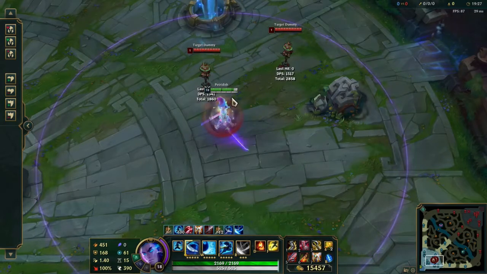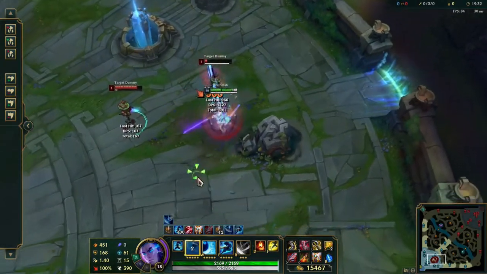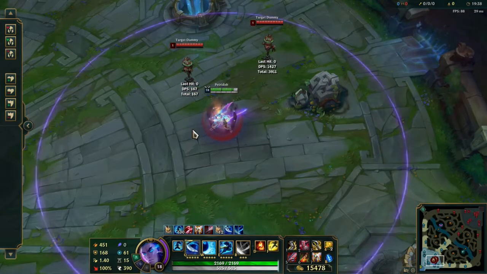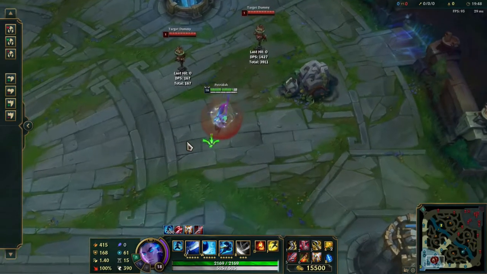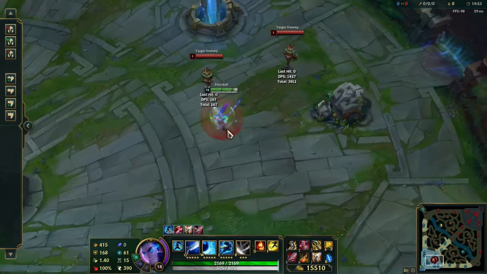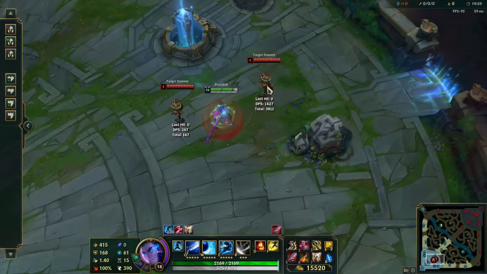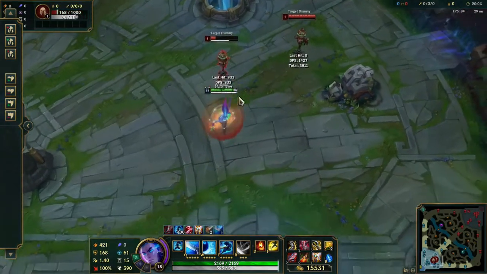is going to be you Q one target, then EQ the closest possible, and then ult the original target. Because then you will end up with one stack of Q more and can, you know, knock up faster. It also is good to know that you will have the dash available to use on your original target. So just one more time,